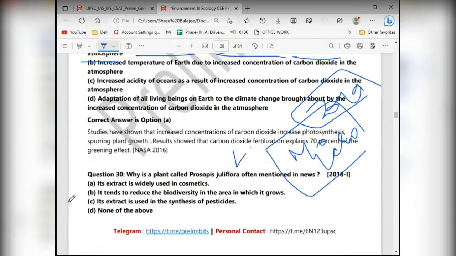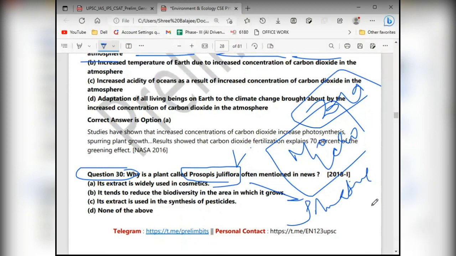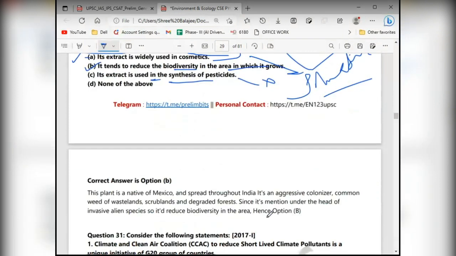तो मूविंग टू क्वेश्चन नंबर 30. सो एनीवन वुड लाइक टू सॉल्व क्वेश्चन नंबर 30? अगेन 30 भी न्यूज में था. क्लोसोपिस जूलीफ्लोरा. ओके, सो ये एक टाइप का इन्वेसिव स्पीशीज है, इन्वेसिव, एंड वाइडली यूज्ड इन द कॉस्मेटिक्स. तो ये माइक्रोबीड्स के लिए स्टेटमेंट सही है. इट टेंड टू रिड्यूस द बायोडाइवर्सिटी, जहां पे भी ये कल्टीवेट होगा तो ये सही है इन्वेसिव के लिए. एंड इट एक्सट्रैक्ट इज यूज्ड इन द सिंथेसिस ऑफ पेस्टिसाइड्स. ओके,